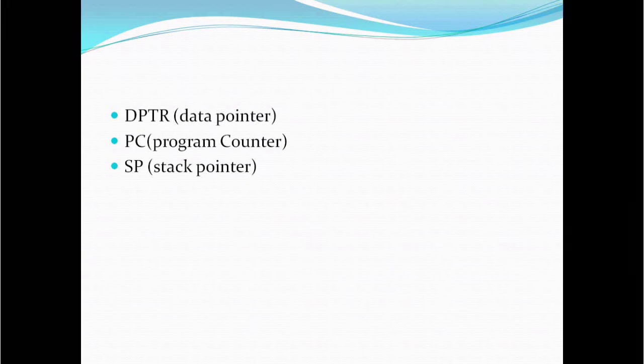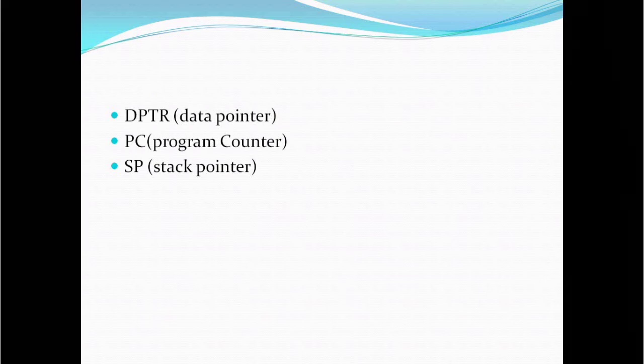DPTR is meant for pointing to data, and it is mainly used by the 8051 to access external memory using the address indicated by the DPTR. Whatever we load in the DPTR, using that you can access the external memory. DPTR is the only 16-bit register available and is often used to store 2-byte values.